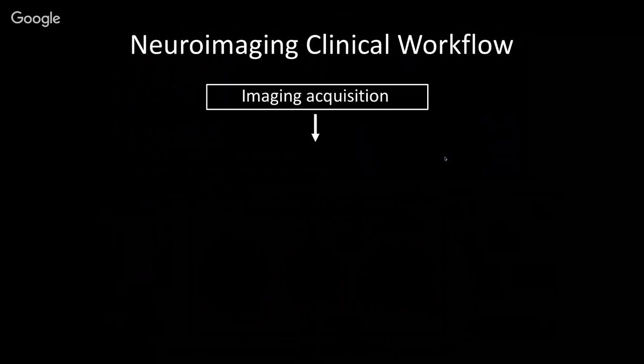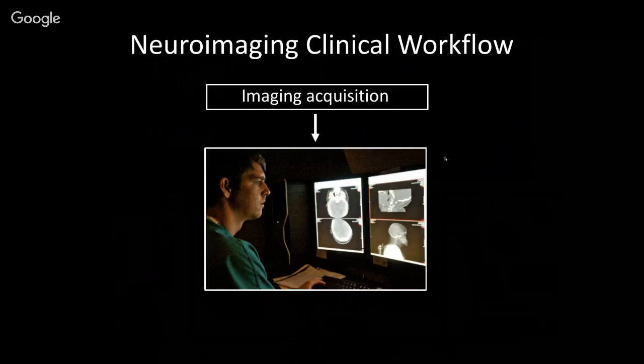Now, all of these techniques have basically fit into a general neuroimaging clinical workflow. This is a set of procedures and workflows that exist within a hospital in order to allow this information to be incorporated into the management of an individual patient. The very basic steps in this clinical workflow essentially involve image acquisition, after which the imaging will be presented to a radiologist or a neuroradiologist who has received training in order to detect patterns that are consistent with disease.